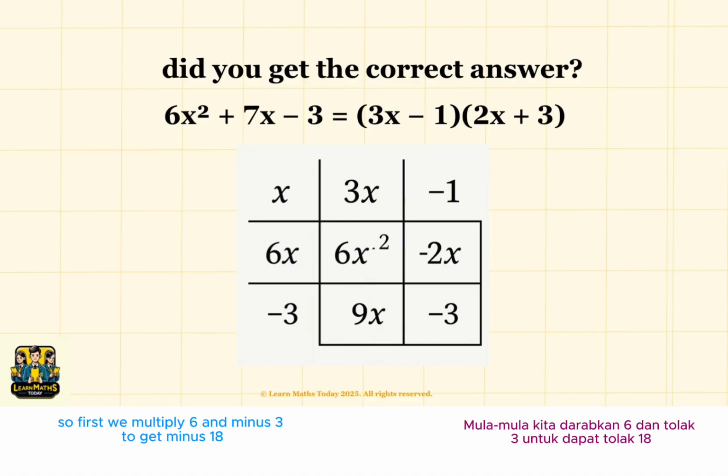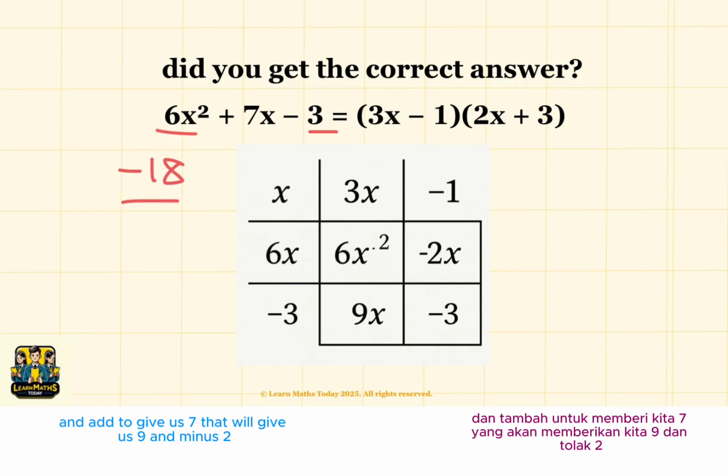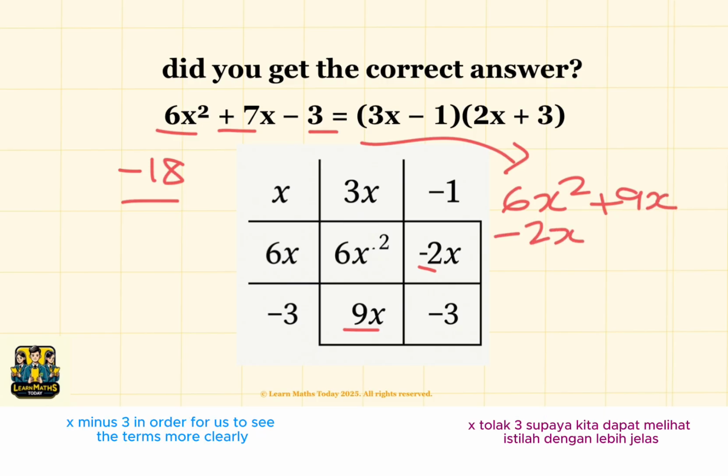So first, we multiply 6 and minus 3 to get minus 18. We then find two numbers that multiply to give us minus 18 and add to give us 7. That will give us 9 and minus 2. We then simplify this into 6x squared plus 9x minus 2x minus 3 in order for us to see the